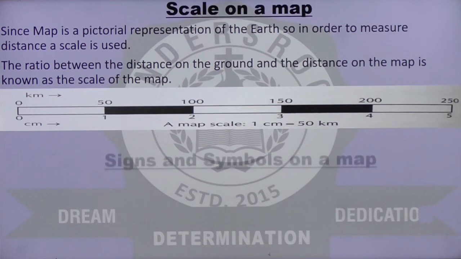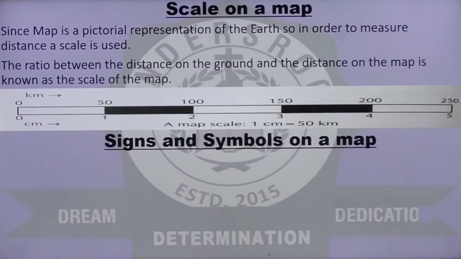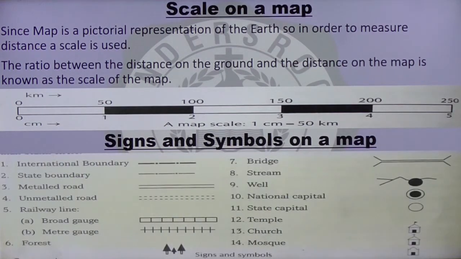Okay, very good. Now signs and symbols that are there on the map. You will see a lot of signs and symbols on the map. We will try to know what those signs and symbols represent. There you have the first one, did you see that? It is the international boundary. You have a dash, then a dot, a dash, then a dot, a dash, then a dot. Then there is a bridge. Did you see that? Bridge. Okay, let us come down. It's the state boundary. A thicker line shows the international boundary, and the thinner line shows the state boundary. Metalled road.